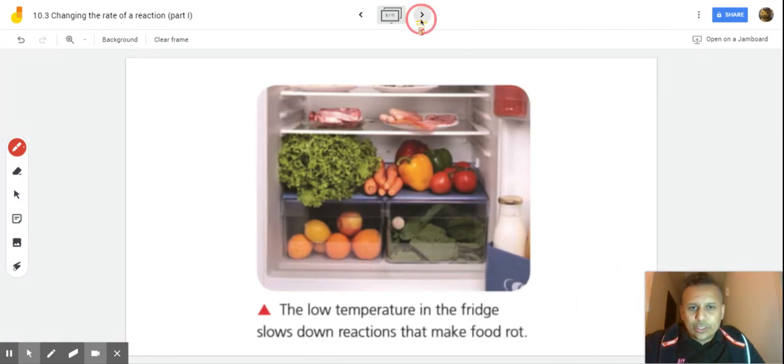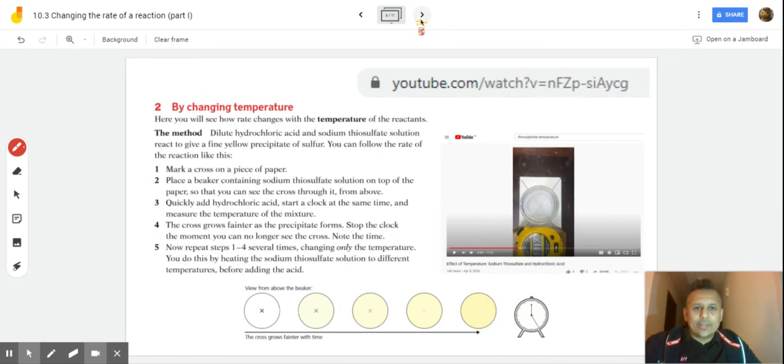Now what we're going to do is look at temperature. So there is a YouTube video that I have located for you. It's something that's been made just like last month or a month and a bit ago. So it's quite a new one, and it talks to you about an experiment. I can't reproduce this experiment, unfortunately, with distance learning. But the two reactants are hydrochloric acid and sodium thiosulfate, and basically the concentration of both of these solutions is